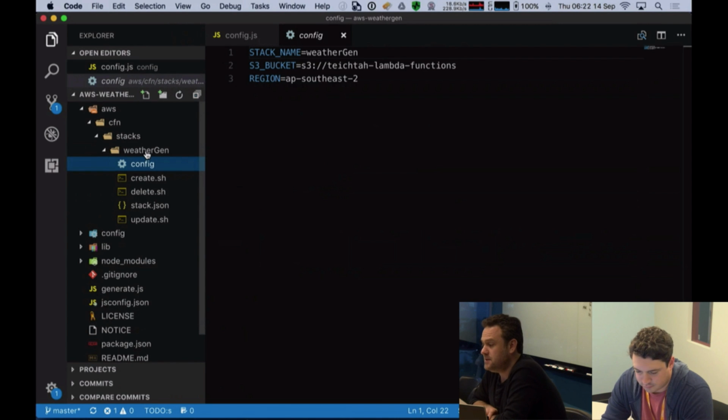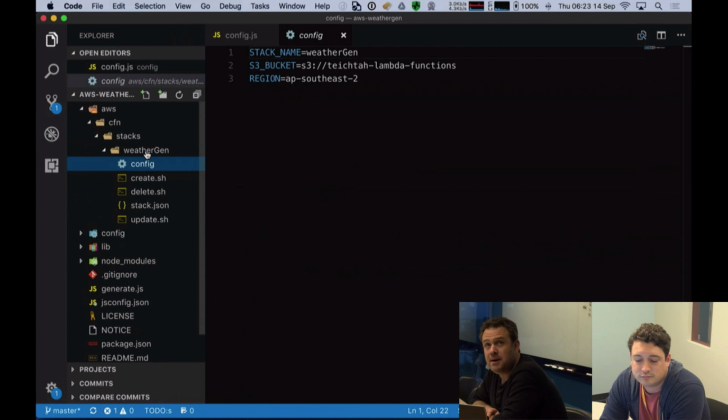The config file is pretty simple. It enables us to define a name for the stack. We're not using S3 buckets for this. We're doing an upload directly from our local machines, development environments to the CloudFormation engine. So we don't really need an S3 bucket, but if you wanted to update these scripts, you could reference that S3 bucket variable to your own, where you may have additional metadata or additional config, etc., that you might want to pull in to your CloudFormation template.